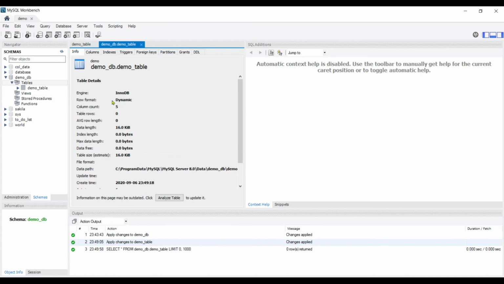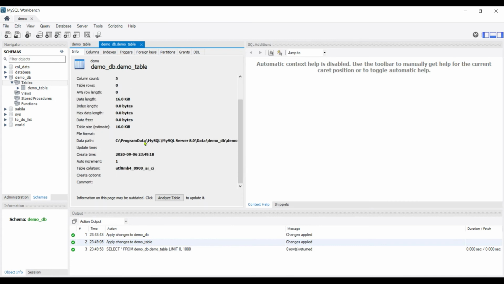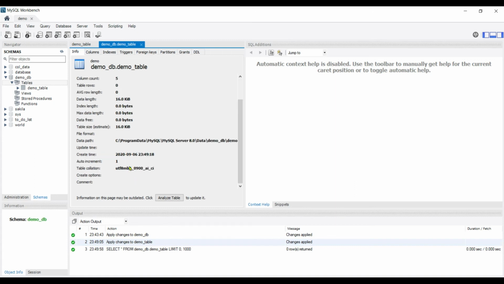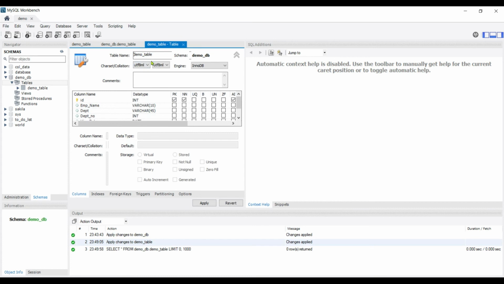This I icon over here will give you the information. So this is basically the metadata, or the data of a database, which is termed as metadata. So this basically gives you the idea of the information of the data table, or the table which you have created in the database. And the next one is if you want to update the things, this setting icon over here. So you get a new tab.